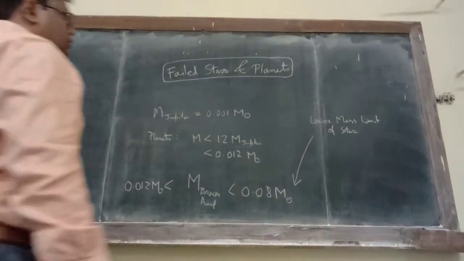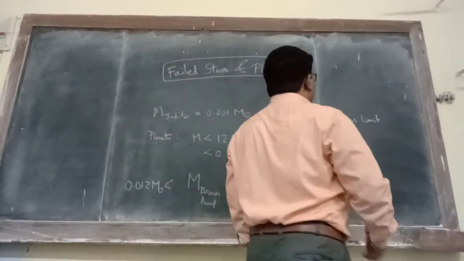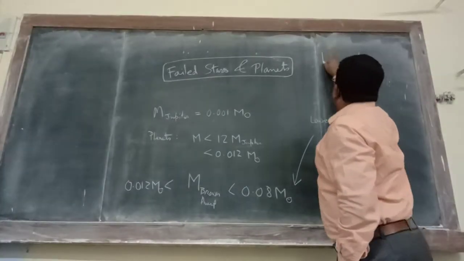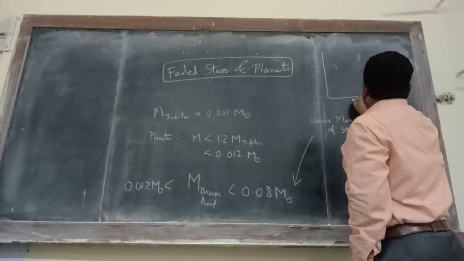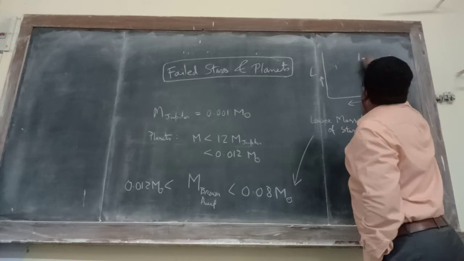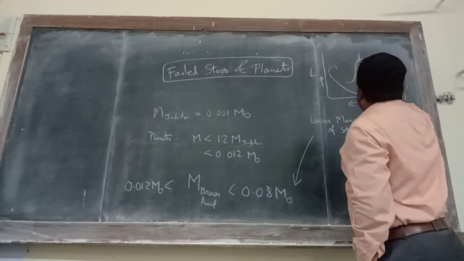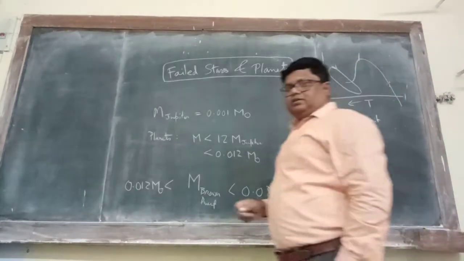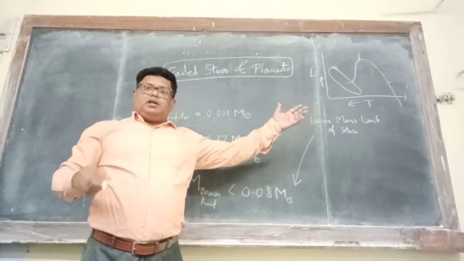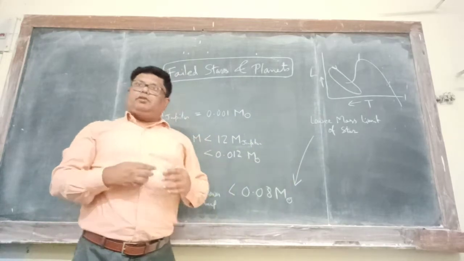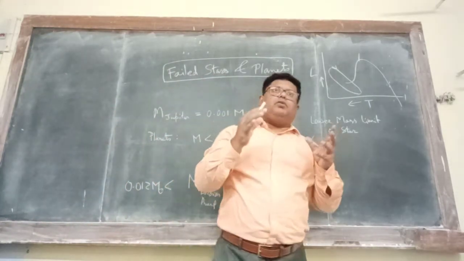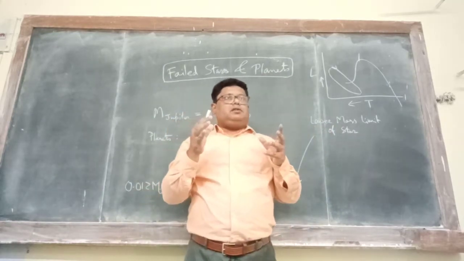Okay, so till now we have talked about this pre-main sequence evolution, right? In this HR diagram, with increasing temperature and increasing luminosity, we talked about this scenario, something like this. This we talked about, right? And we talked about the newborn star, and then we talked about hydrostatic equilibrium. Good. But suppose the mass of the core is such that,